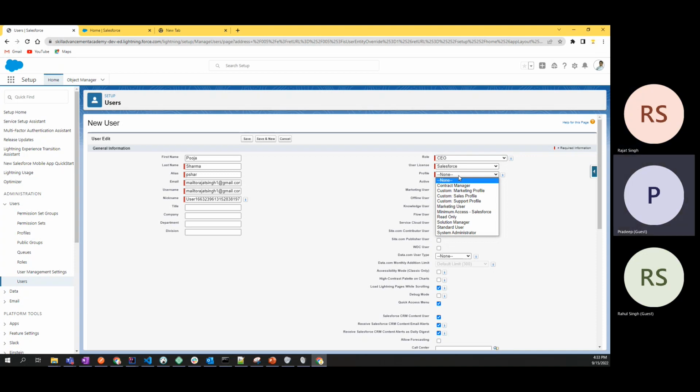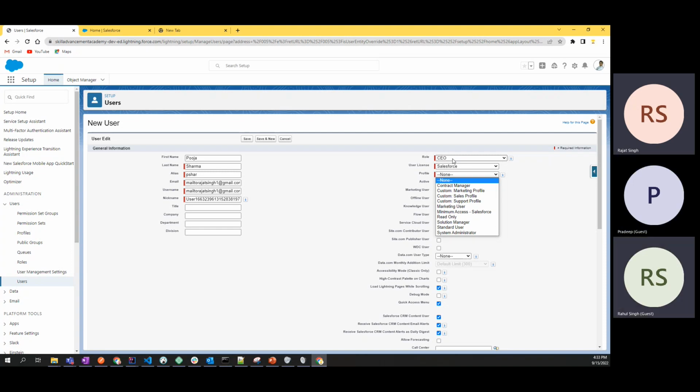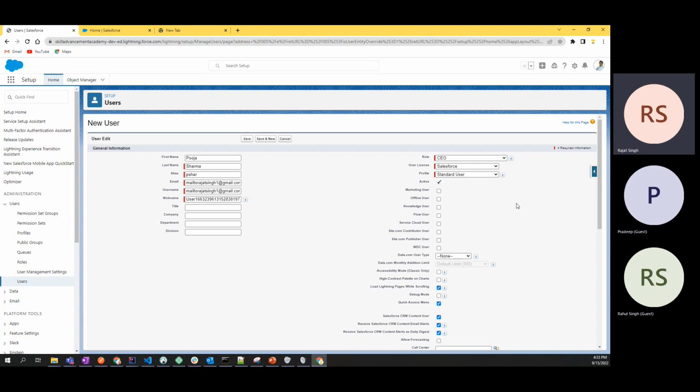Profile, you can select what profile you want for this user. You have given this role CEO, but you want the profile of a standard user. This CEO is the role, but from this role you are creating a standard user. So a standard user is not an admin. Administrator will have all the access. Standard user will have limited access. He can just do the standard things. He cannot make